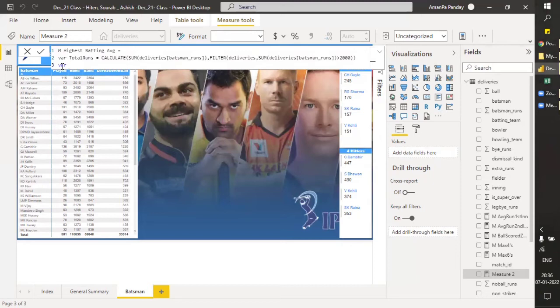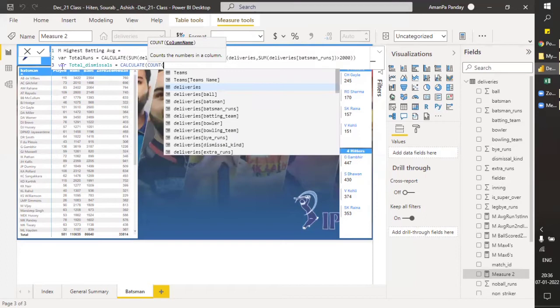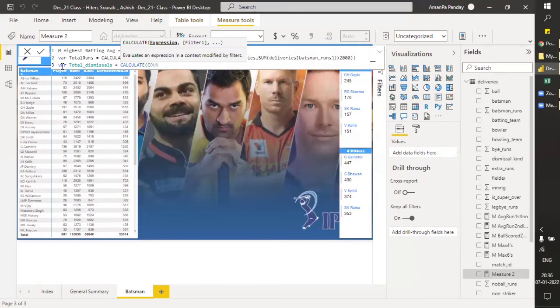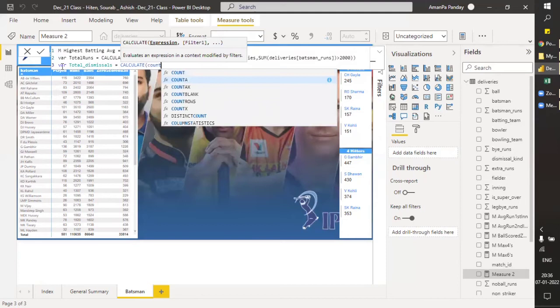So let's now find how many times the batsman got dismissed in total. Now again calculate and count. So let's count, COUNTA should be there, because I will show you the column on which we are applying this count.